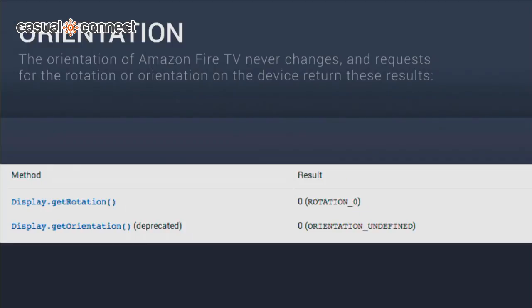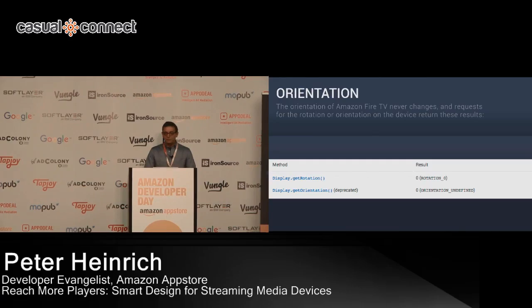bit.ly/android-screens. Of course, orientation is another aspect of the device display that may be important to your game, and I've already mentioned that if it runs in landscape mode, it may simply work without changes. If your game mixes landscape and portrait mode, however, or maybe it has functionality that only happens when the device changes orientation, then changes may be required, or at least you should verify that it doesn't break if the orientation never changes, because on a television, chances are the orientation will never change. You can also query the current orientation, of course, and on Fire TV, these are the values that you'll get back.